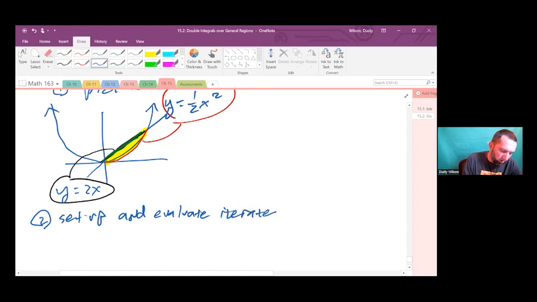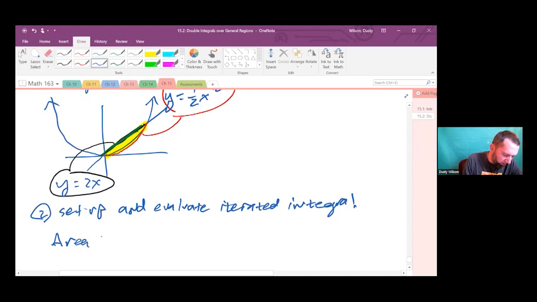So we'll say that our area is equal to, oh, we got to draw our little arrows. We know we're going to go bottom to top. And so we're going to go double integral